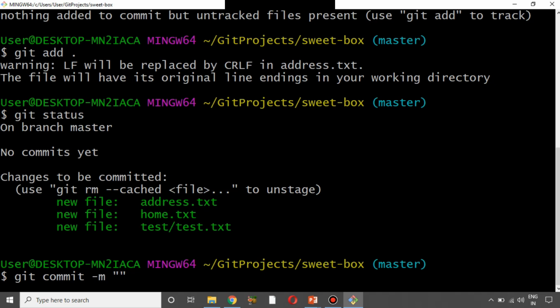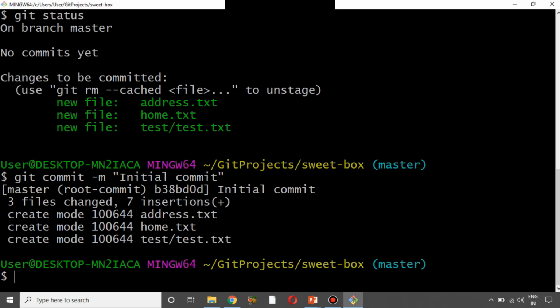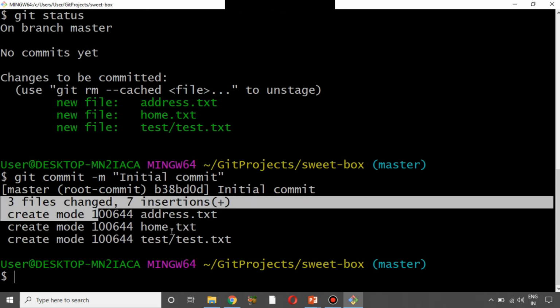The message that you give here should reflect the changes that you have done so far. So what we have done, we could basically say this is an initial commit. That might be one thing, or you can say added all the files, or added all the initial files. You could say anything, but for now I am going to say initial commit, and I'm going to press enter. So the files have been committed now.